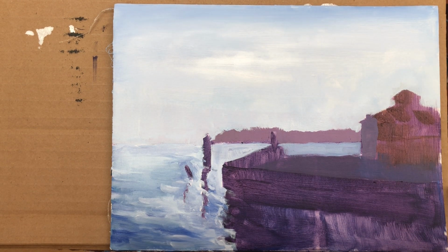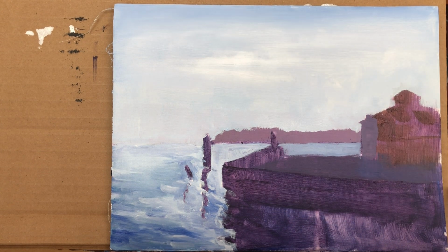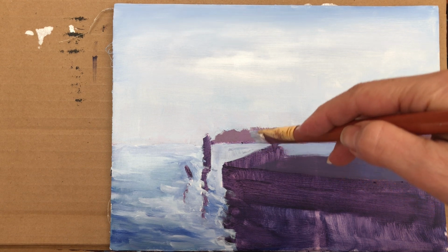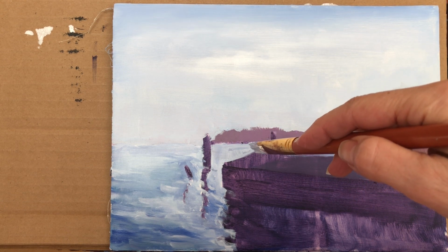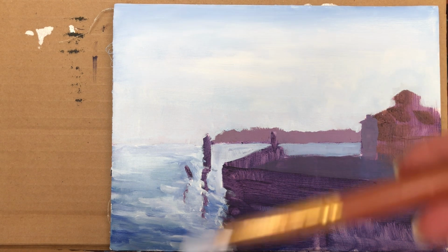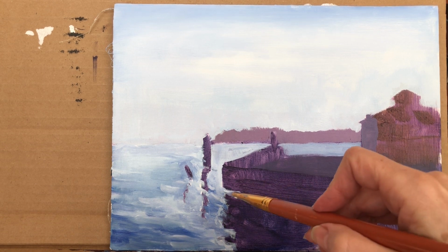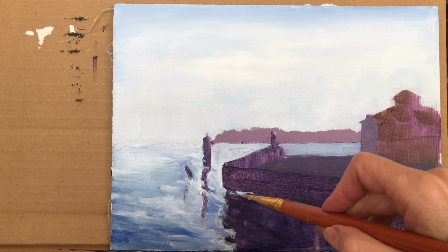Okay. All right, so we have the water, we have the basis of the sky. This is going to be more of a sky painting. So let's move on. First, I want to just reestablish some darks. I'm thinking about it. Is that what I want to do? Well, since I have this blue color of the water, let's just make here with, this is sort of a